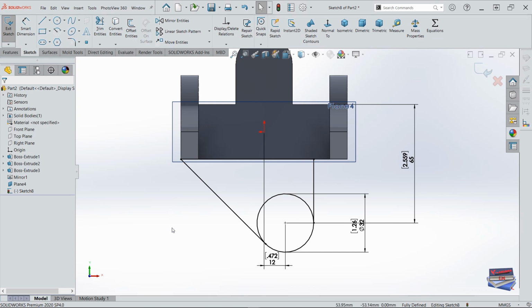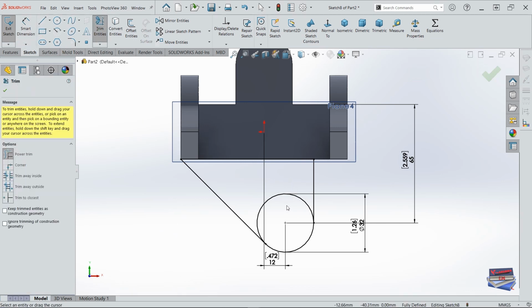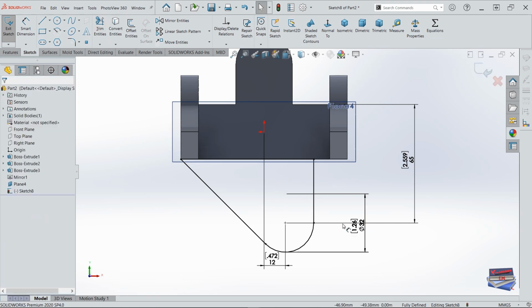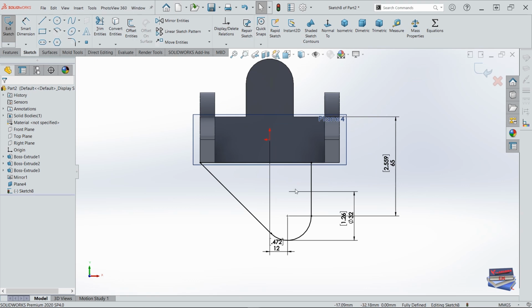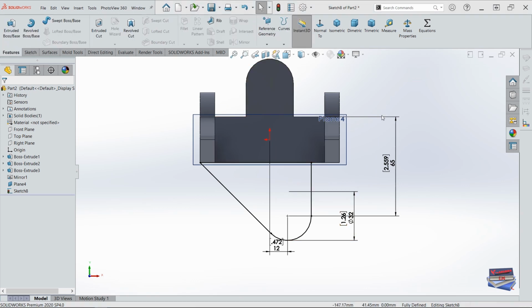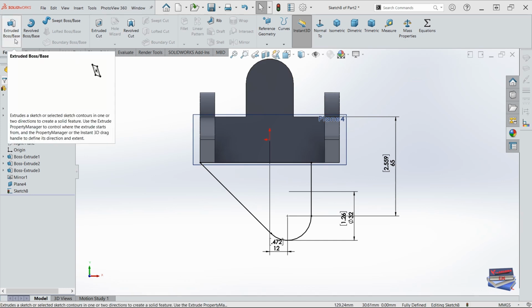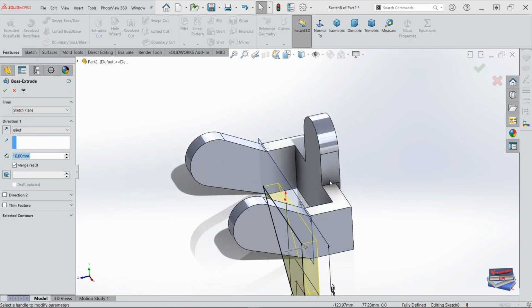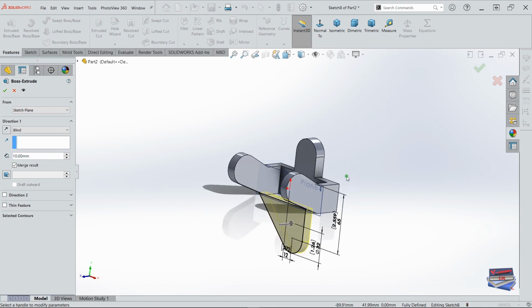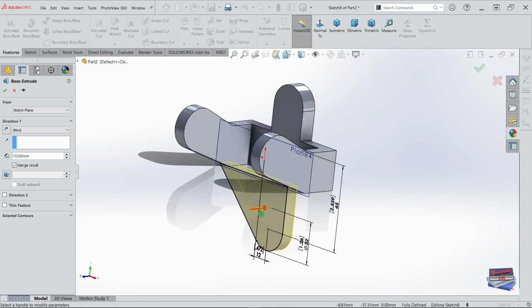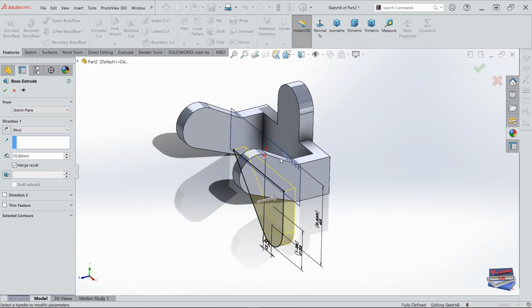Okay, and let's trim out this portion of the circle, and now this is fully defined, and let's extrude this 10 millimeters. So extrude, and let's extrude this 10 millimeters going towards this face. Okay,